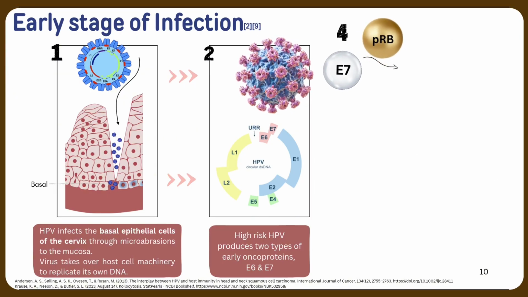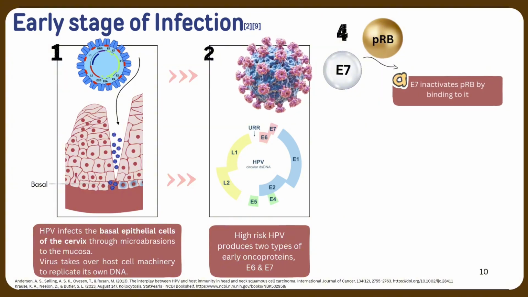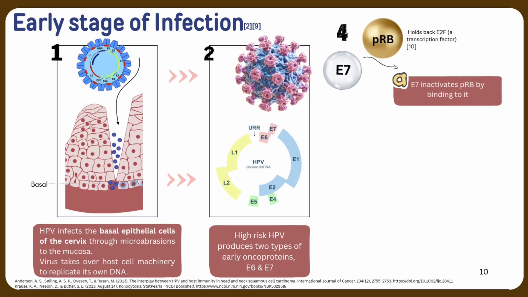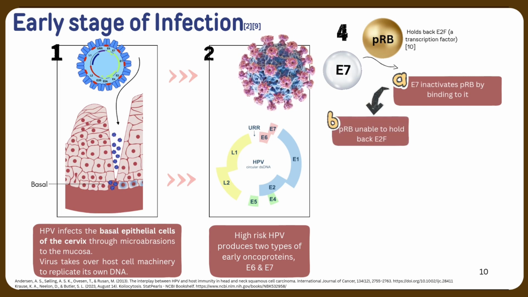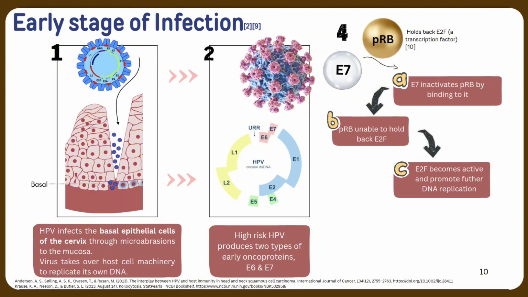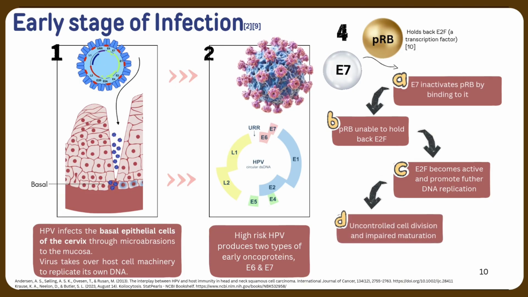Next is E7, which will inactivate pRB by binding to it. Imagine pRB as a guard. It will stop E2F from initiating DNA replication. E2F is like a printer, which makes a copy of DNA to be replicated, but only when it is right. Now, pRB will no longer hold back E2F. E2F becomes activated and promotes further DNA replication even when it is not right, eventually leading to uncontrolled cell